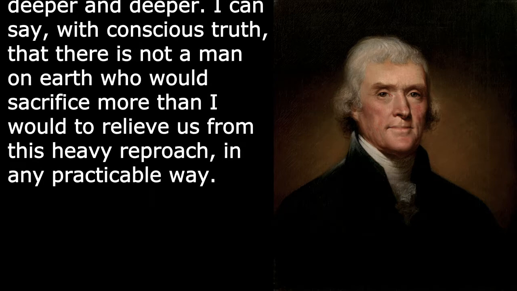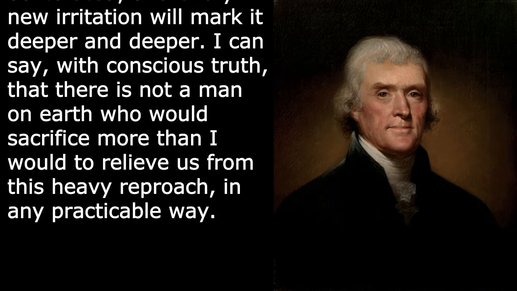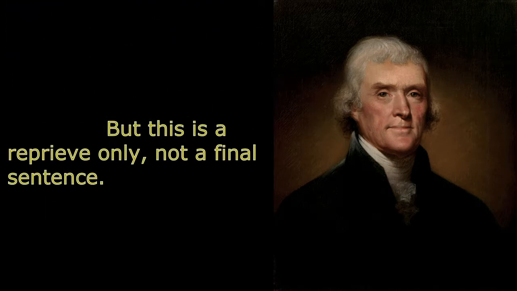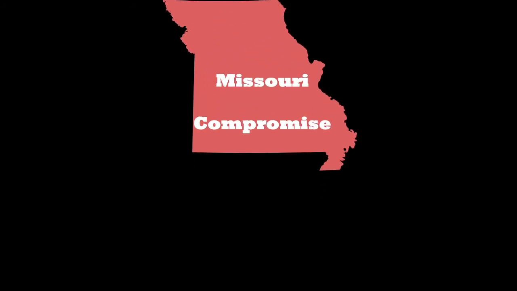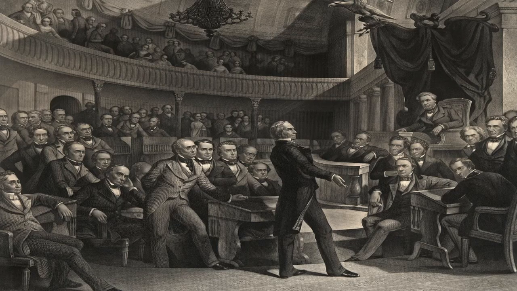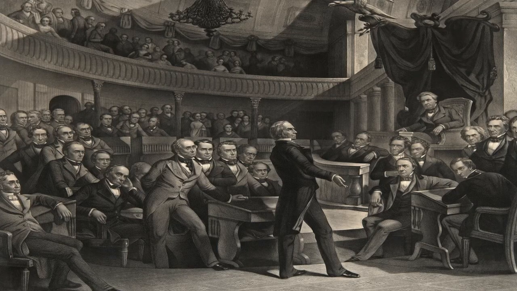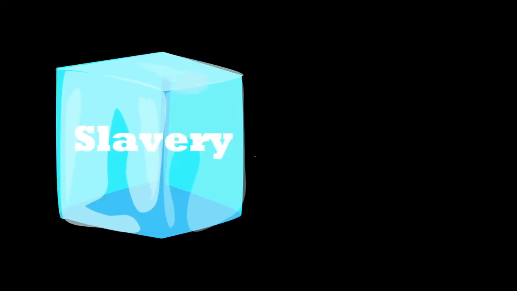In this letter, Jefferson envisioned a terrible outcome. This passage sums up his views perfectly: this is a reprieve only, not a final sentence. Often it is not understood that this conflict is the tip of the iceberg, following on from many previous arguments surrounding slavery over many years. The compromise was a temporary solution that put the issue of slavery on ice for 30 years. The issues this crisis raised festered throughout the 1820s and were a crucial signpost on what later became clear was the road to the Civil War.